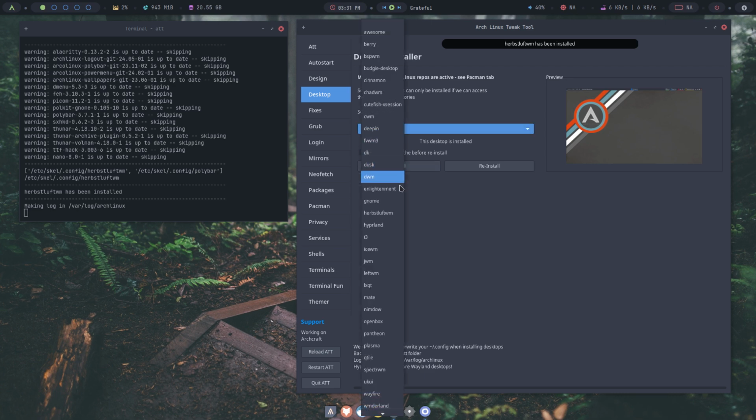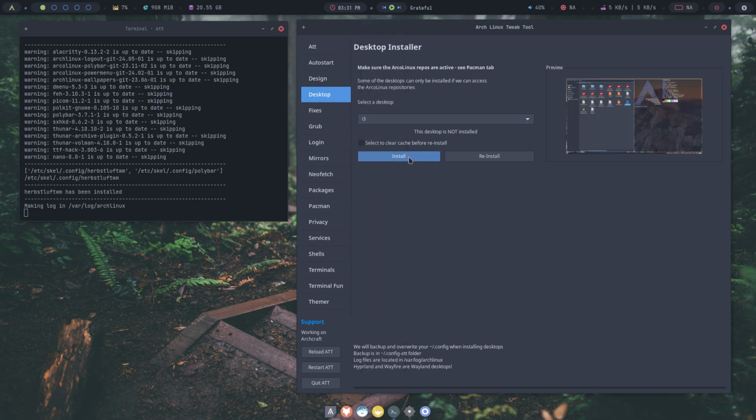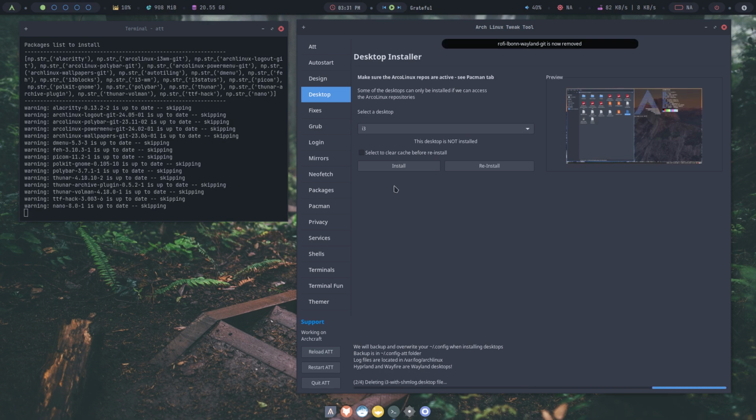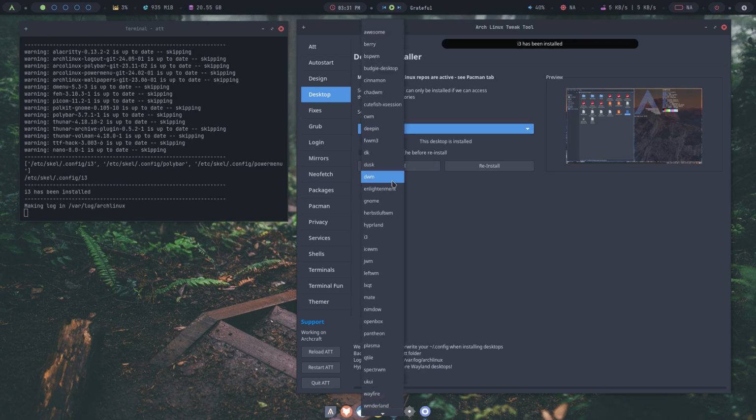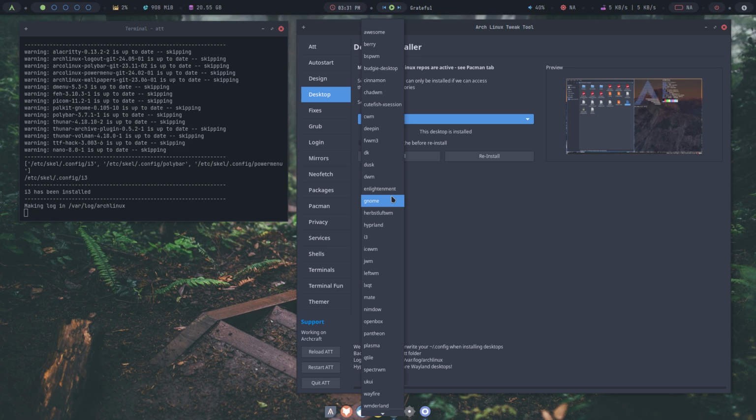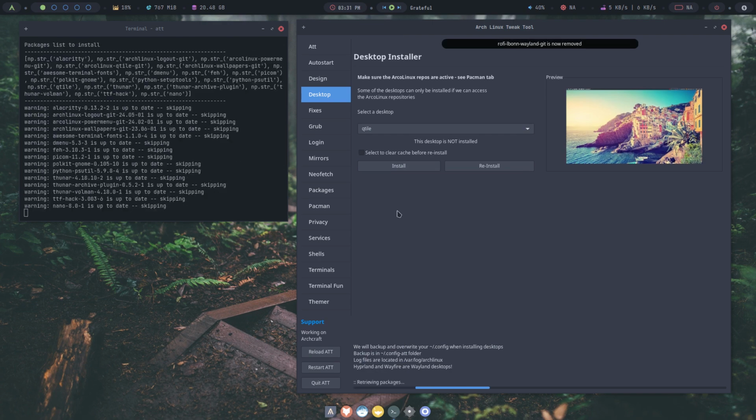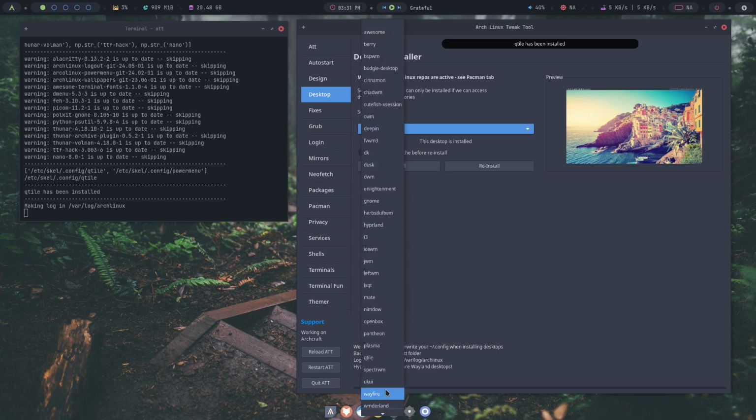As long as we do not get in trouble. Now you can't install Hyperland and Wayfire on this thing, right? And Sway is not there. That's smart. Okay, install. So just doing the drop down, a few of them,